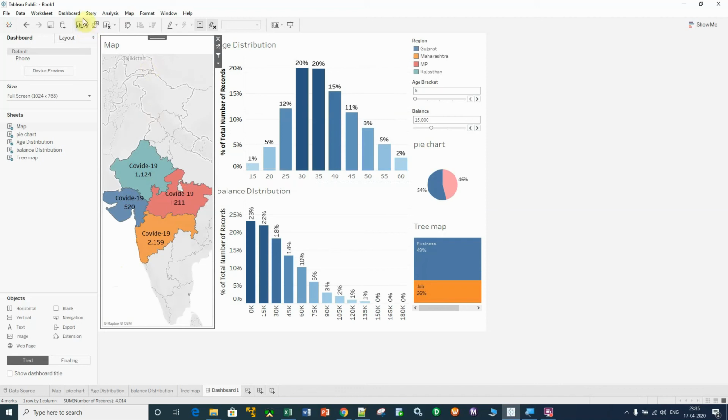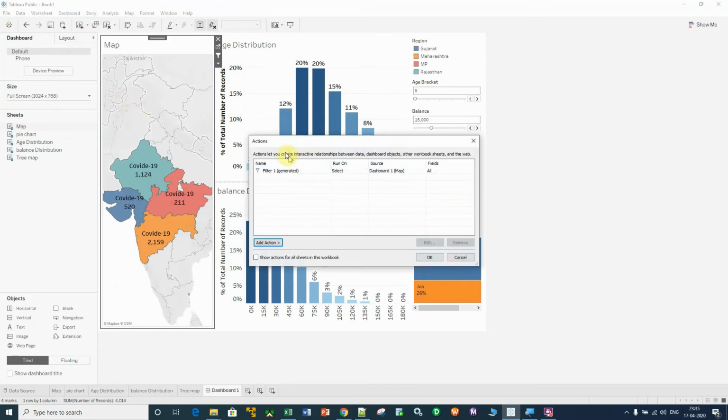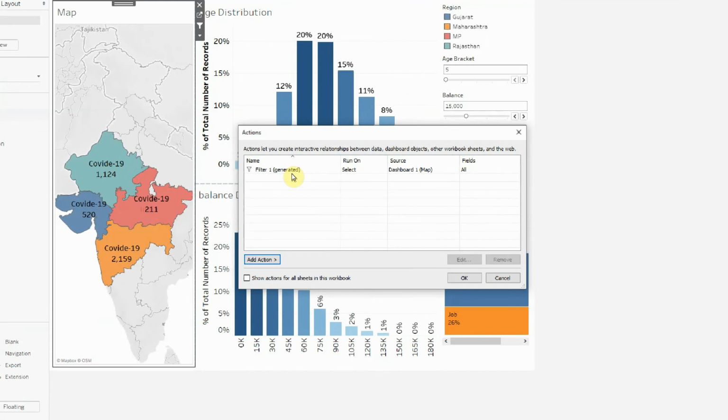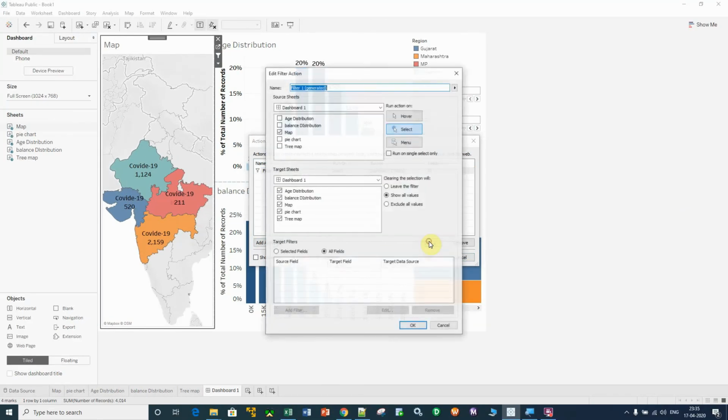So the dashboard has become interactive. Now let me show you what an action filter is, and what happened in the background when we used it as a filter. Click on the dashboard and click on actions. See here, an action filter has been created, and here you can see, let me zoom the screen, it is generated, right? Generated means that you have generated this action filter. If you click here and click on edit, you can see what the source sheet is.